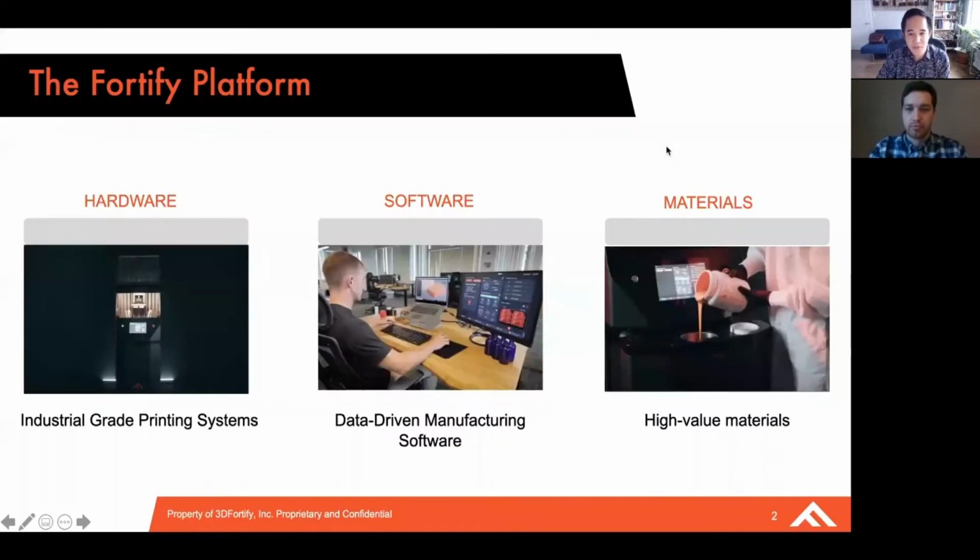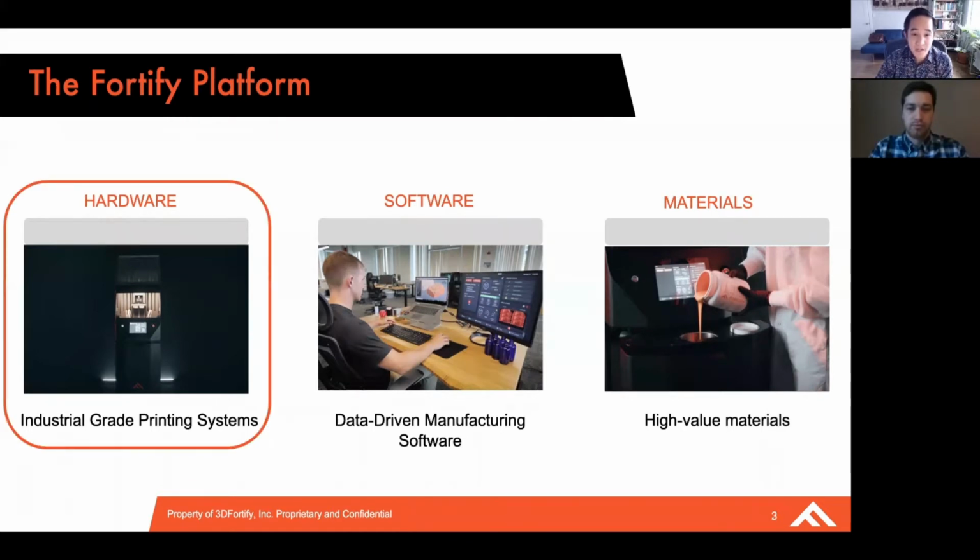So as a quick refresher, we're a whole stack additive manufacturing company developing technologies and solutions across the additive stack, from hardware innovations, unique software algorithms, and next generation filled materials. All the technologies that we're developing are in support of our mission of building the world's most productive filled material additive manufacturing platform. This talk will focus on a unique hardware process that we have invented at Fortify called continuous